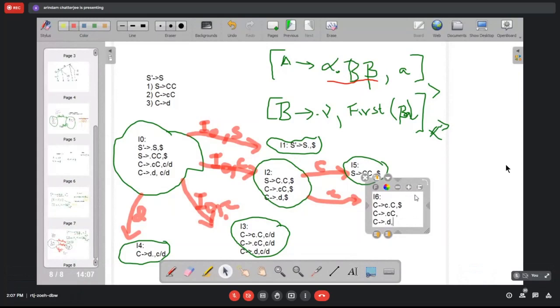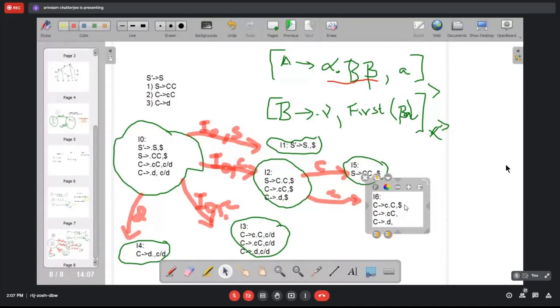Now, what is the look ahead item? Look ahead item for the second item. So capital C producing small c capital C. This is the item. So if you look at the earlier item, here alpha is small c, B is capital C, and beta is epsilon.